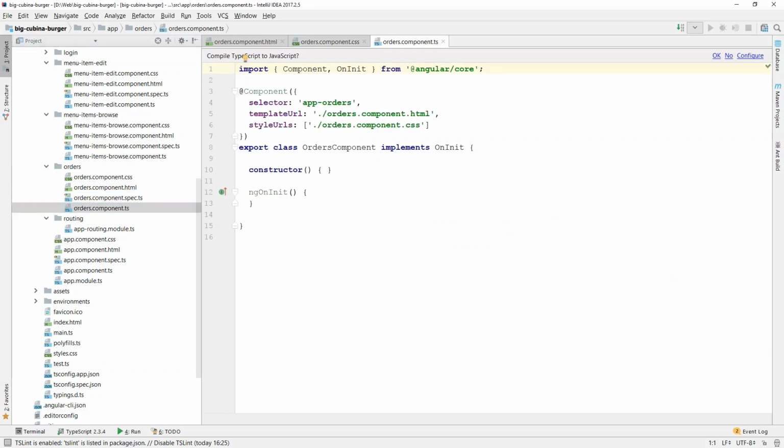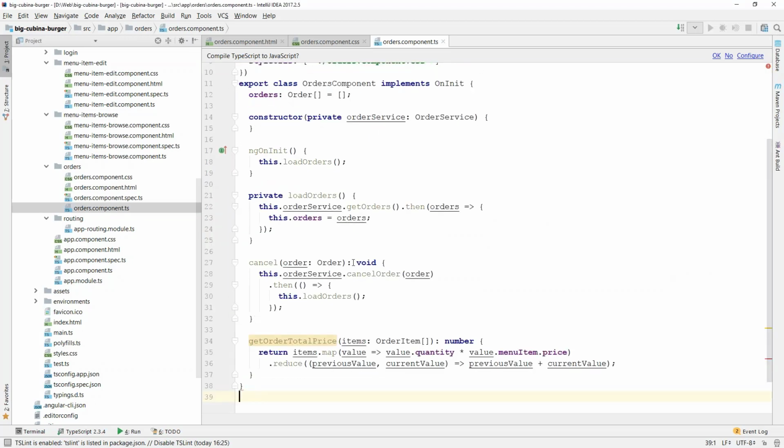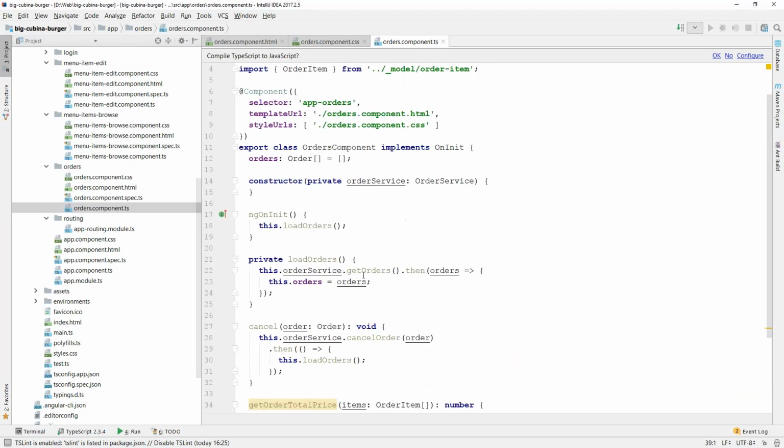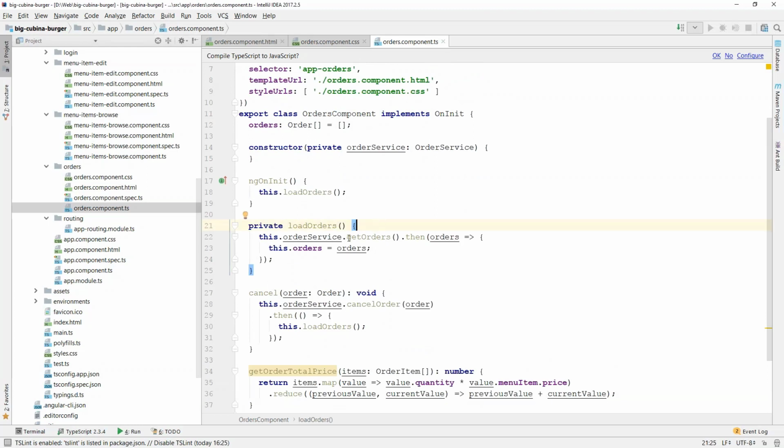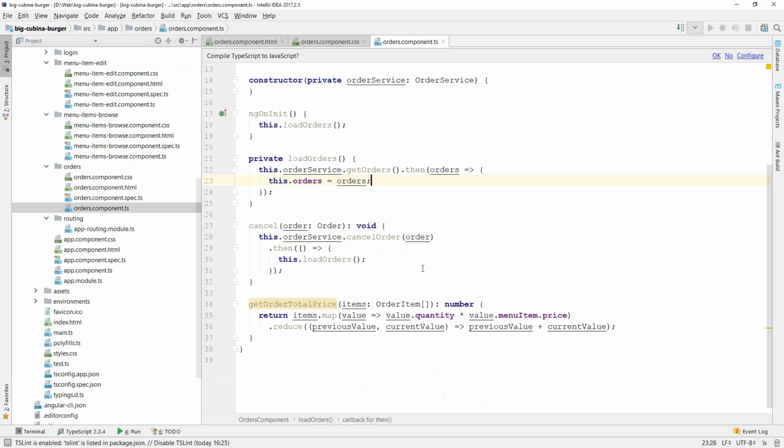And replace content of the component with the following. Okay, so we have load orders method, which invokes get orders method from order service, and we have the cancel method, which invokes cancel order method, and we have method to calculate order total price.